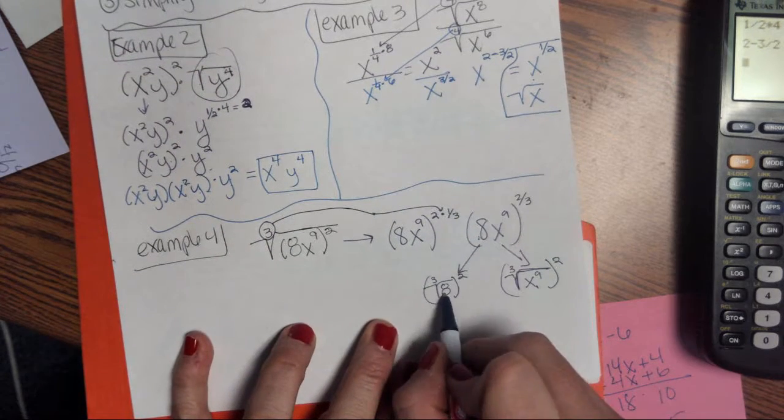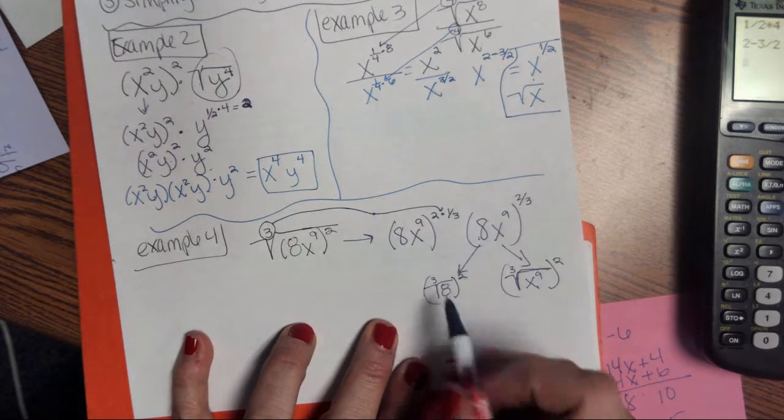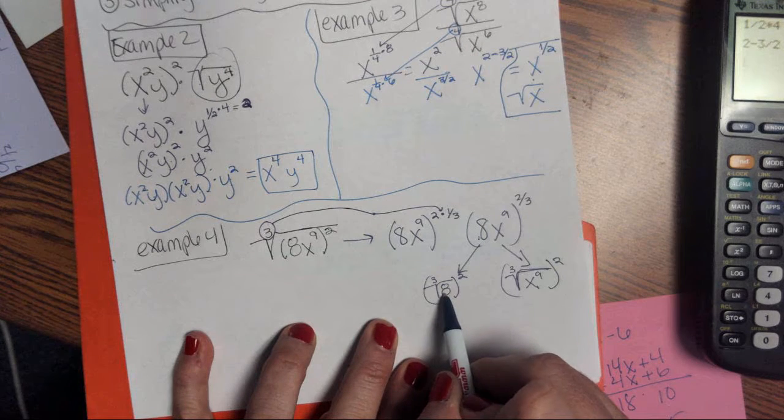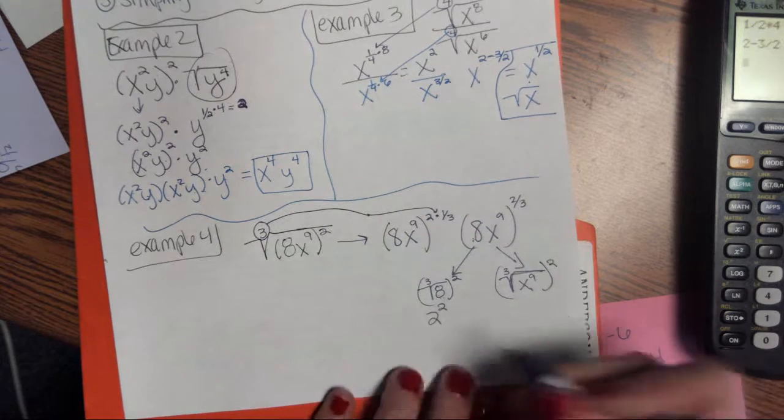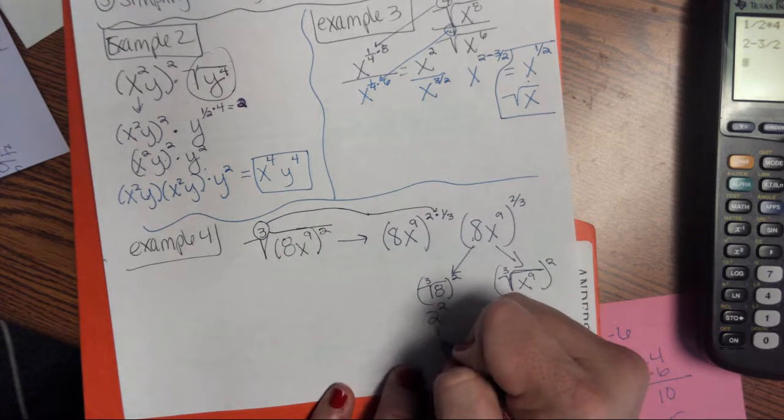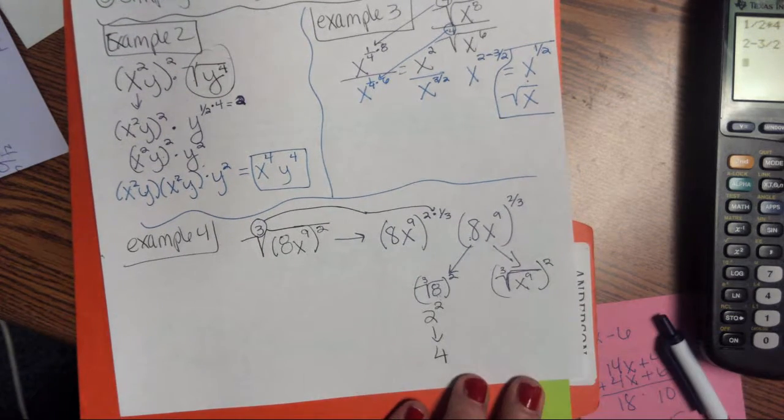Okay, this one, remember, the cube root of 8, you should have remembered is 2, because 2 times 2 times 2 is 8. So this is just 2 to the second power. It simplifies, because that's 2 to the second power, which equals 4. All right, on this side,